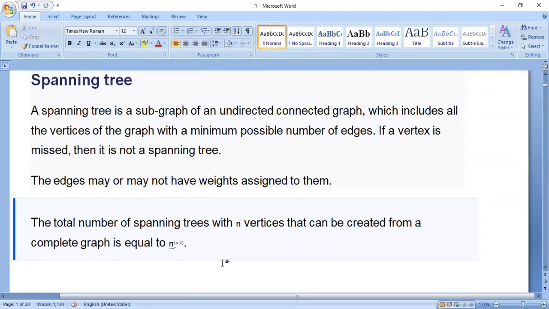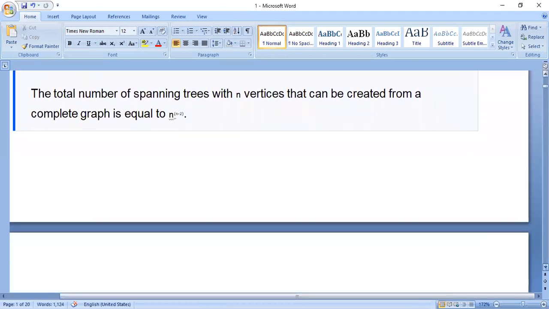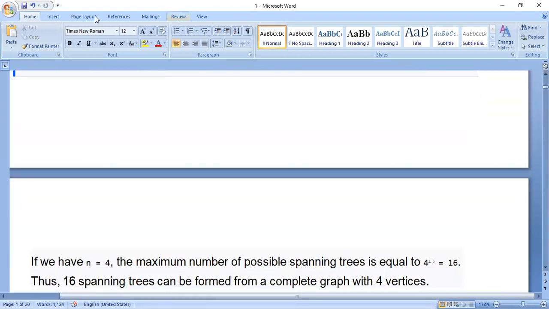How many different spanning trees can I build? n to the power of n minus 2. For example, if you have the number of vertices as 4 in the given graph,